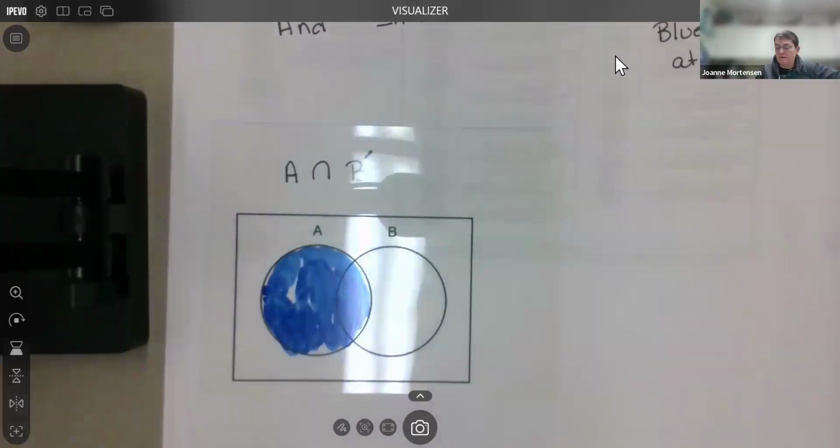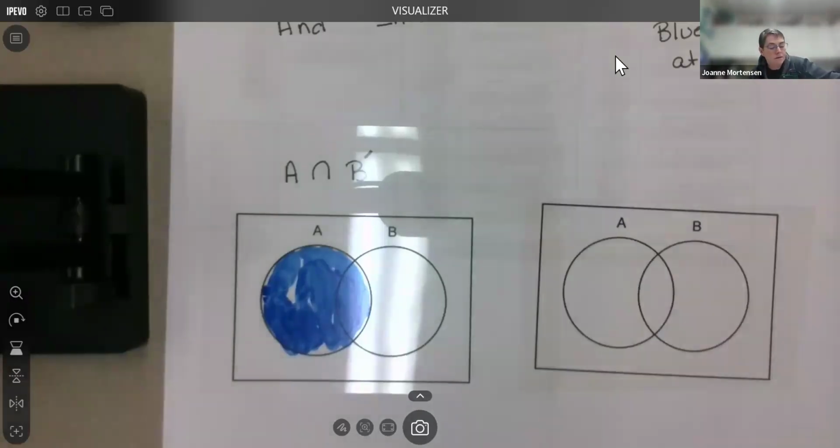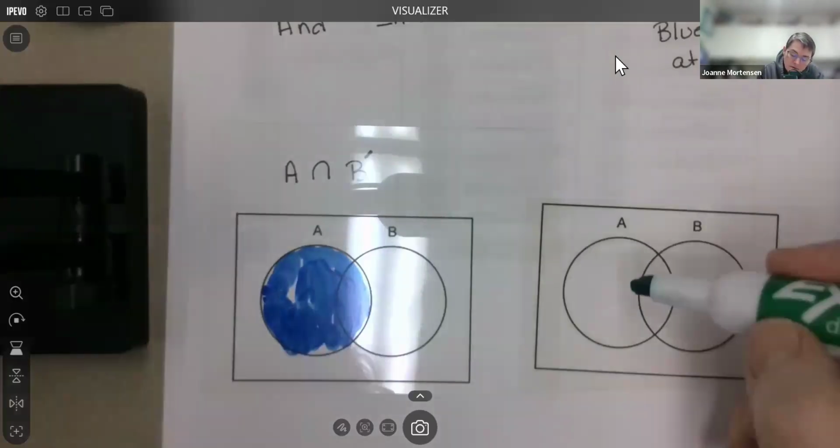I'm going to make myself another one of these. Hold on. Okay, so I need B prime. Give me a different color. So B prime, you remember from before, is everything but B. So if I scribble,